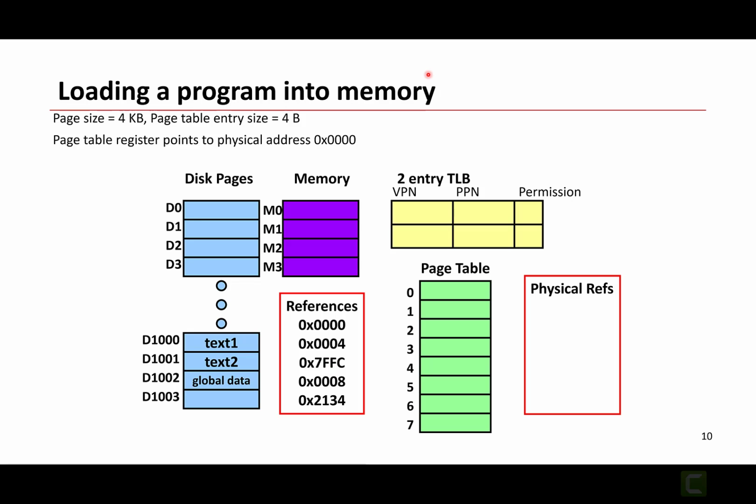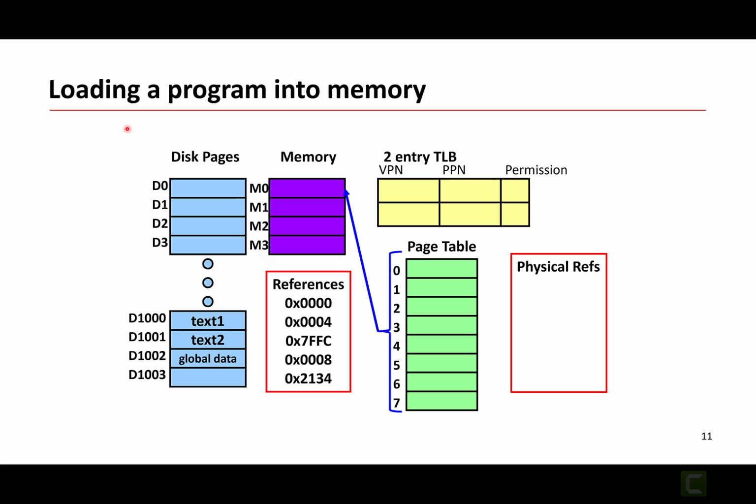All right, now I'm going to also assume that the page size is 4 kilobytes and the page table entry size is 4 bytes, which is not going to be super important for this example, but it's important to understand that we need 12 bits for the page offset, because when you do the bit manipulation, that information is going to be needed. All right, so the very first step, when a program is loaded in memory,